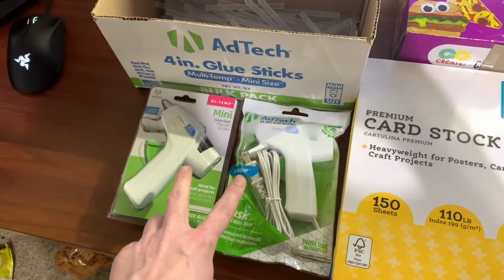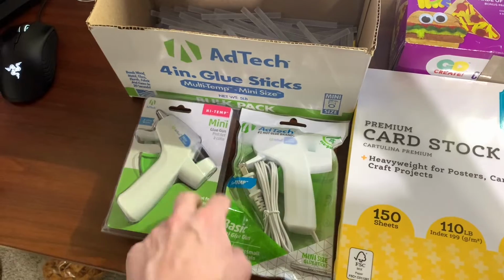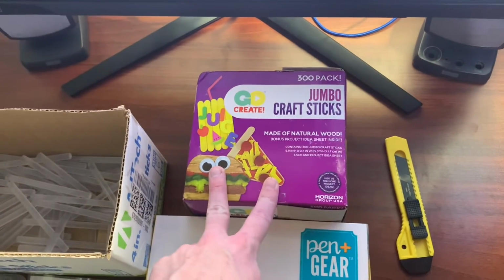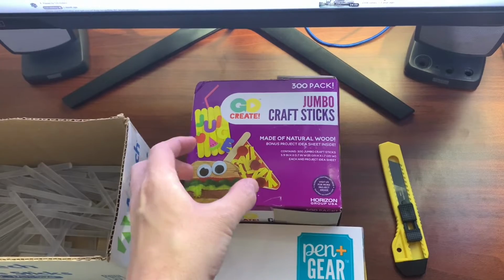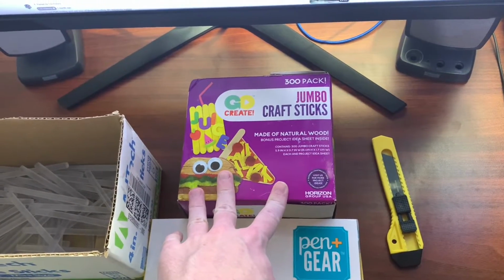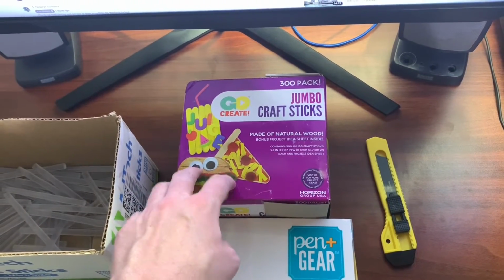And of course, same thing with the hot glue sticks. I use the A-Tech brand. Again, these are the glue sticks and the hot glue guns I've been using for years. Jumbo craft sticks. You can get by with the normal size craft sticks, but I tend to use a jumbo. That way I can have a lot more surface area for the paper to adhere to, and it tends to need a lot less actual popsicle sticks in the superstructure compared to the normal